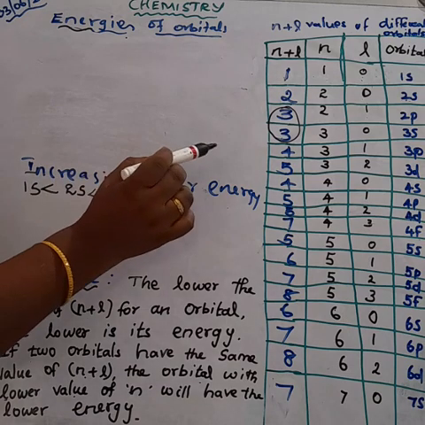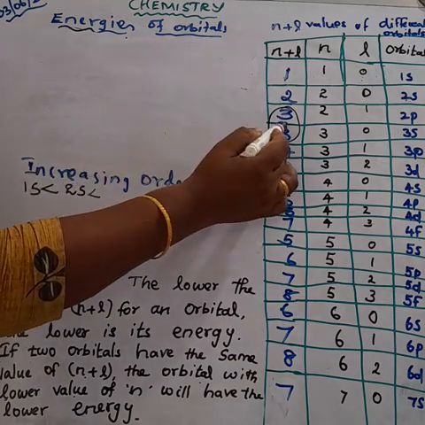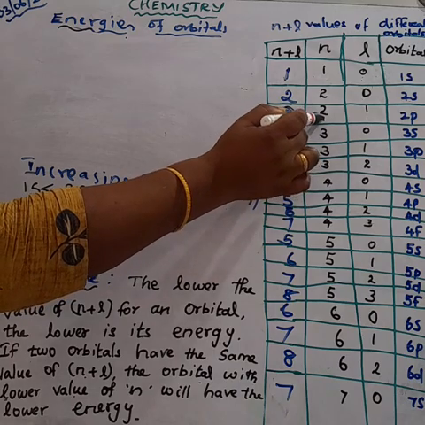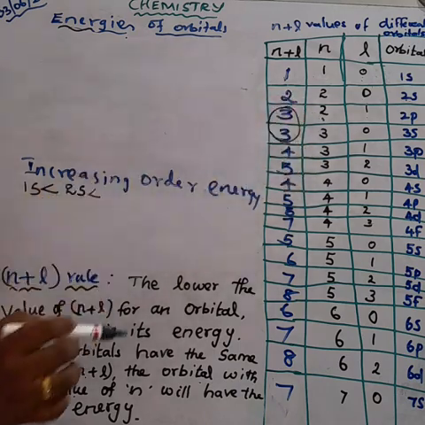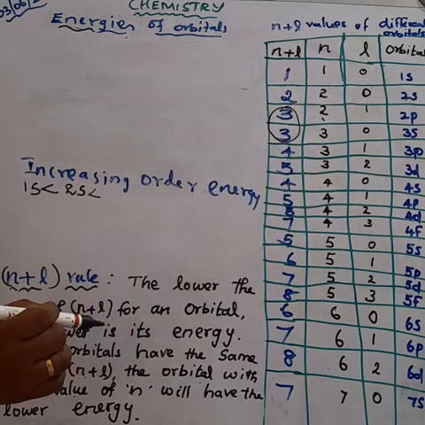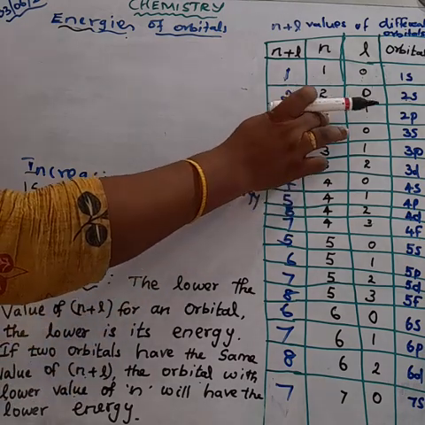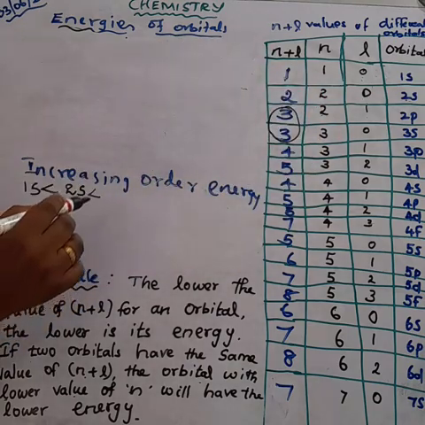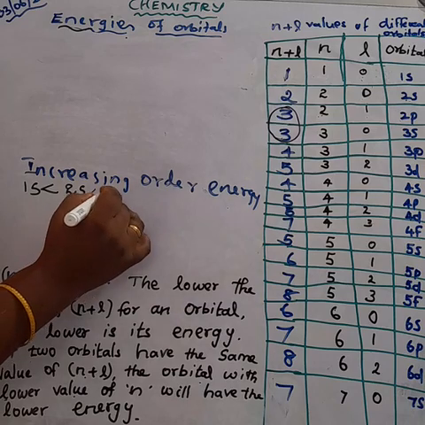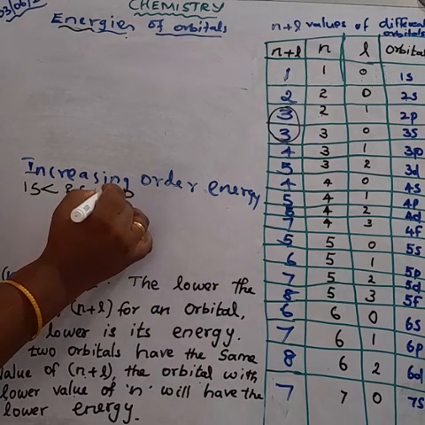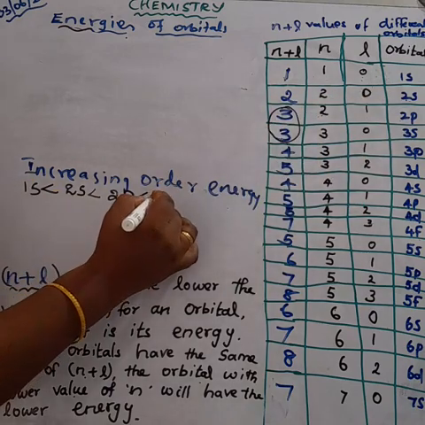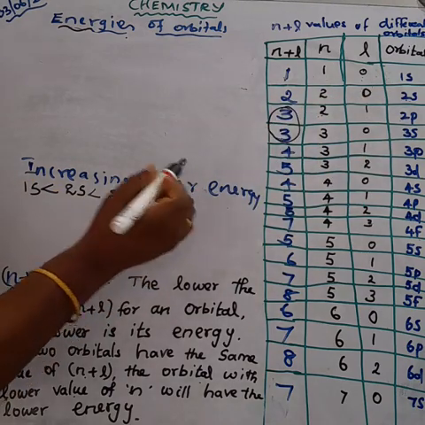So for 3, which one is the lower n value? Here n is equal to 2. Okay, so 2 is the lower value compared to 3. The other one is n value 3. We take n value 2 first. So what is the orbital? 2p orbital. Okay, so after 2s, we take 2p, and then we take 3s. It is less than 3s, and less than